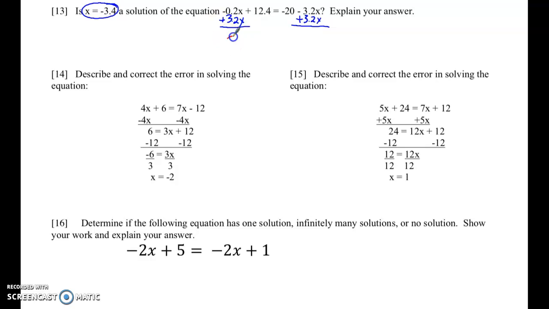That's going to give me 3x plus 12.4 equals negative 20. Now, from there, I'm going to subtract 12.4 to move my constant. That's going to leave me with 3x equals negative